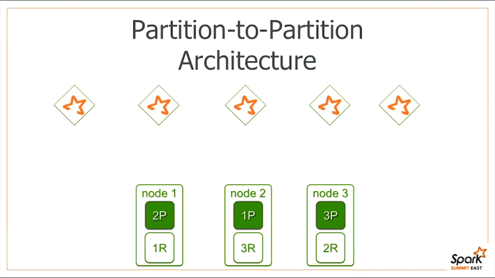Elasticsearch and Spark are distributed systems. They scale out. So the more data you throw at it, if you want to keep performance up, you end up adding more and more machines. The ES Spark connector takes that into account. So it's not just a client that connects to your cluster, but rather it actually bridges the partitions from both systems. So as the systems scale out or scale up, so does your connectivity between them. This is what we call partition-to-partition architecture.